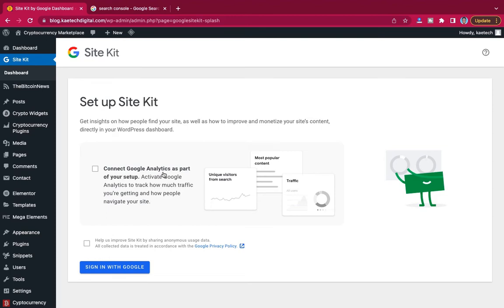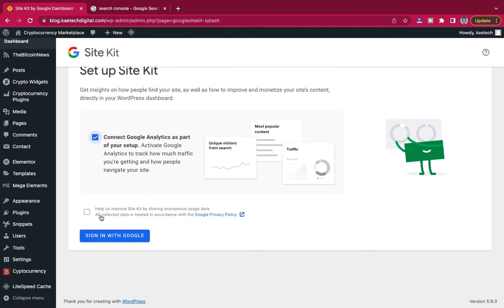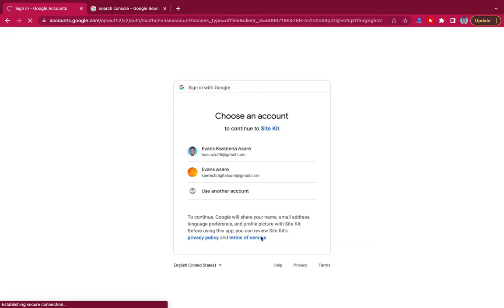We're going to search for analytics, so just click over here. If you want to share data or information with them, you can tick over here, but I'll ignore it and click on sign in with Google. We will sign in with our Google account, so make sure it sends you to Google and then you sign in. Choose the account that you want to sign in with. I want to sign in with this one,